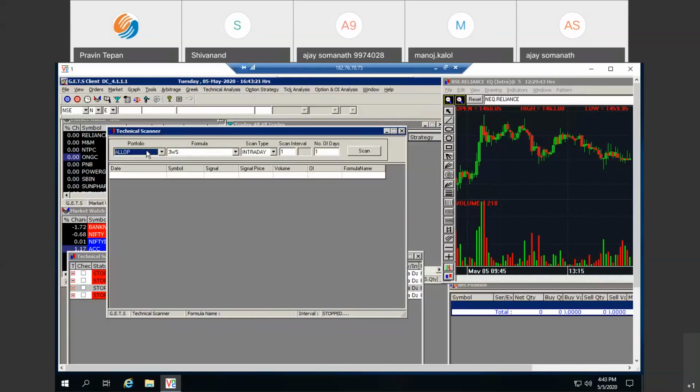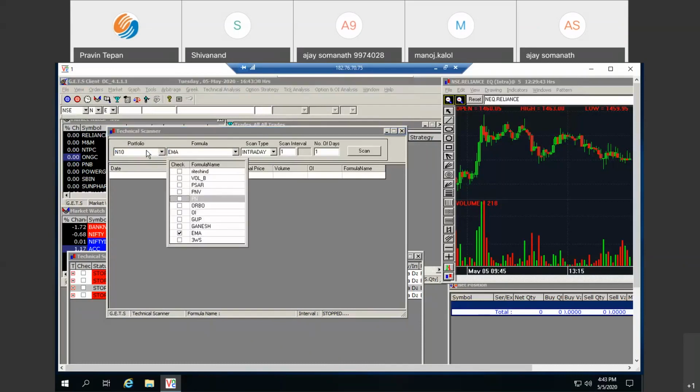For historical data only, I'll select anything, let's say N10, and here you can select the code you want to run. Either you can select the EMA or various other options, let's suppose volume breakout. If you have written any condition like volume breakout or OI breakout, you can select it.